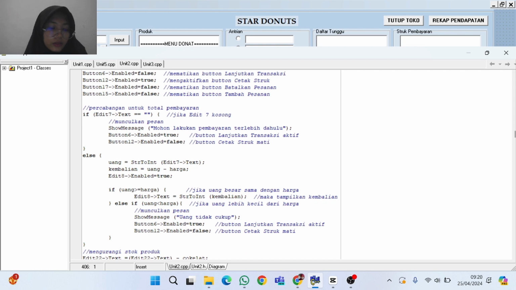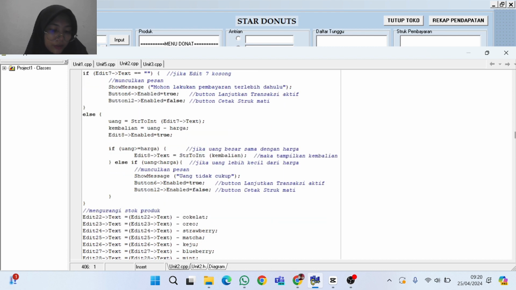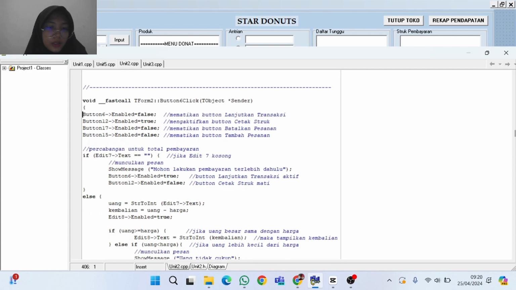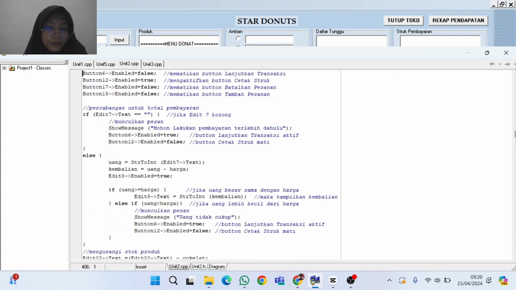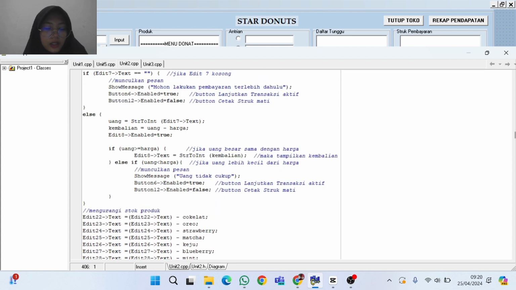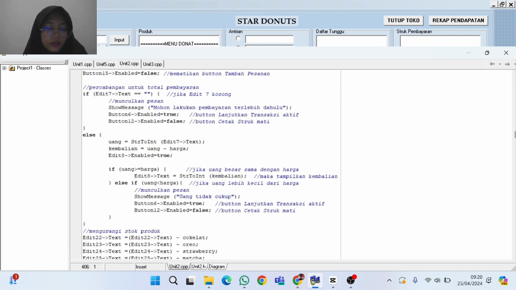Returns are calculated from the amount of money minus the price. If the amount of money is equal to the price, change will appear. If the money is smaller, a message that there is not enough money will appear.